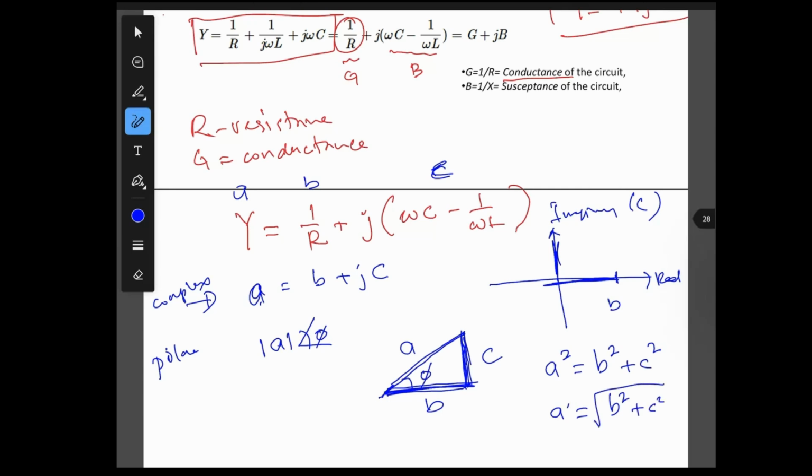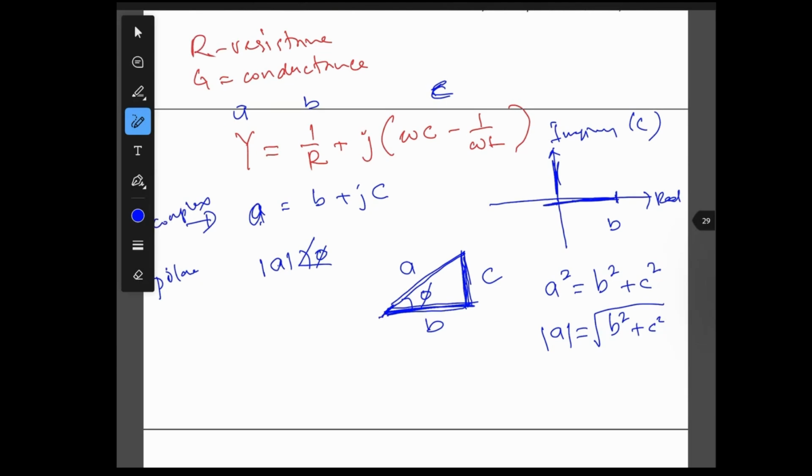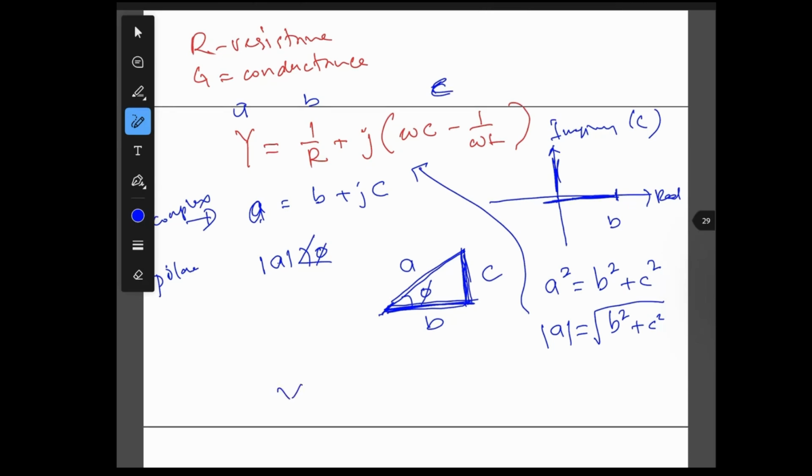This is the magnitude. So when we apply this theorem here, we get the magnitude of Y